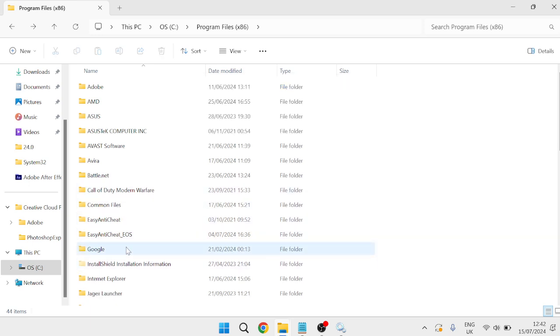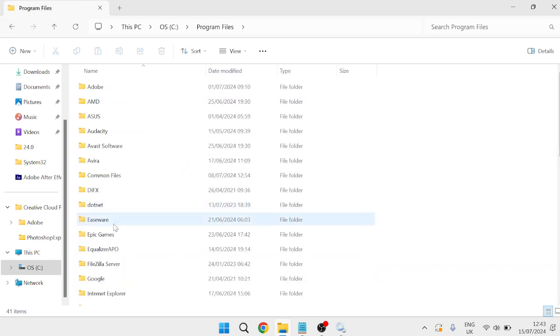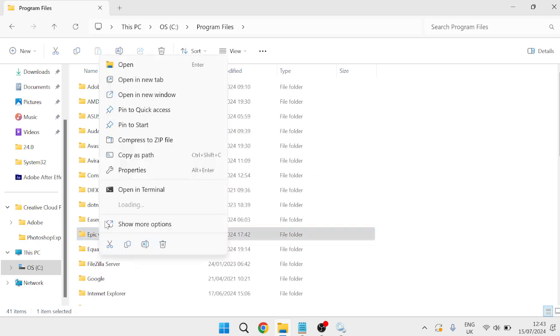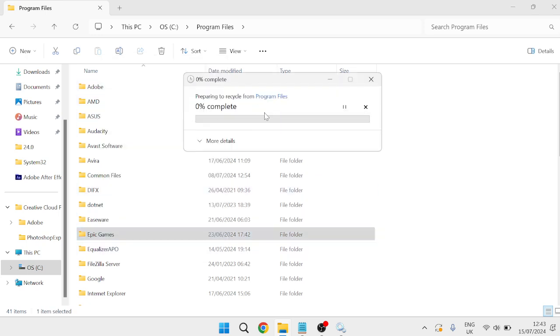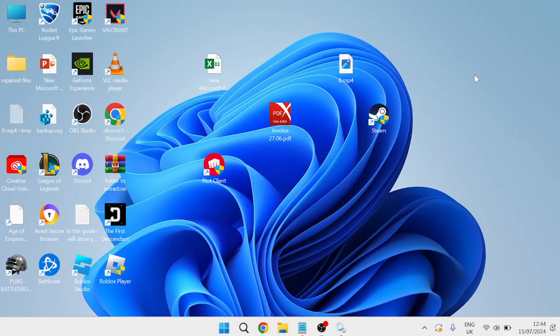So once you've deleted the Epic Games folder from here, you'll then need to press the back arrow to come back one window, and we're now going to come inside of Program Files without the x86, and once again we're going to right click on this Epic Games folder inside of here, and we're going to press the trash icon to delete it, and once again give this a few seconds to delete. So once you've successfully deleted these two folders, we can then close out of this window,